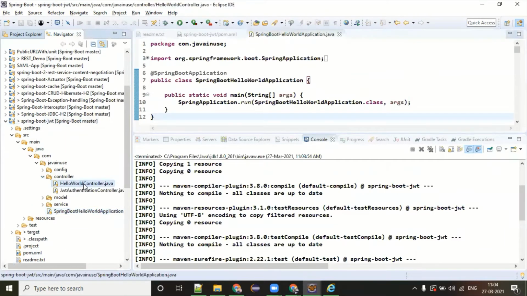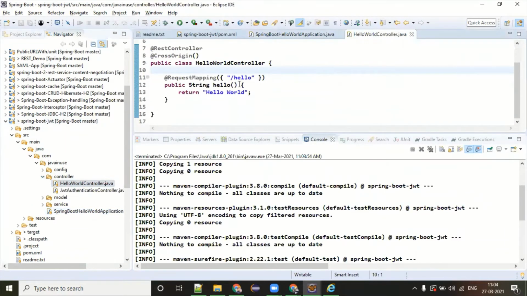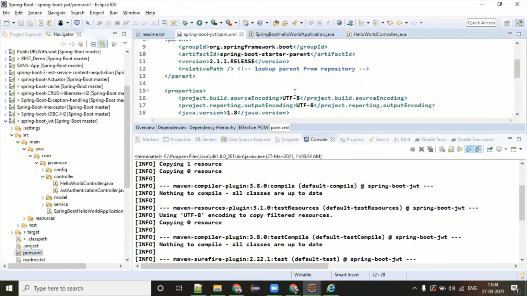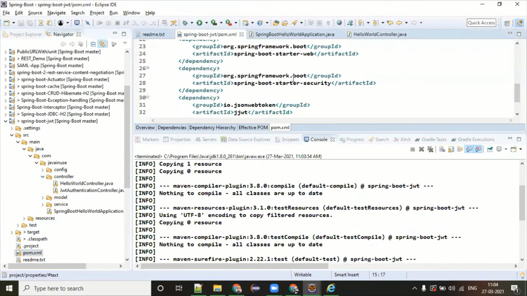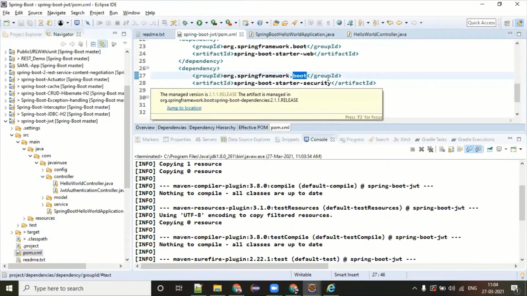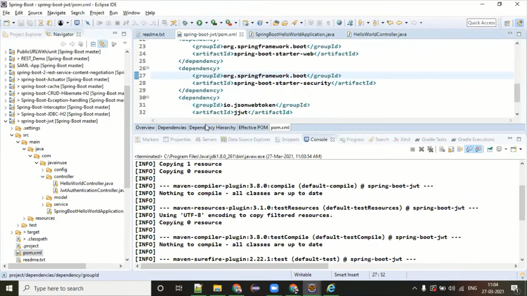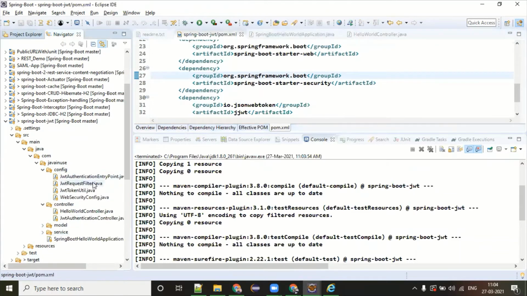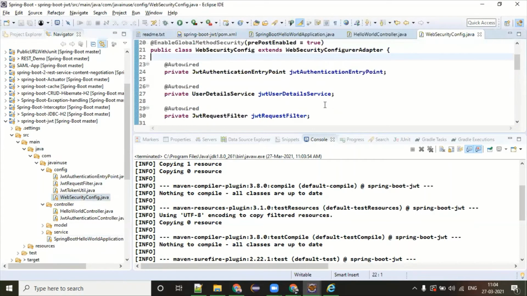So I have a hello world controller, which is just asking me to give a slash hello, and it will return hello world. Remember, since I have Spring Security added in my pom.xml, basic authentication will automatically come. So let me open the configuration part, the web security config.